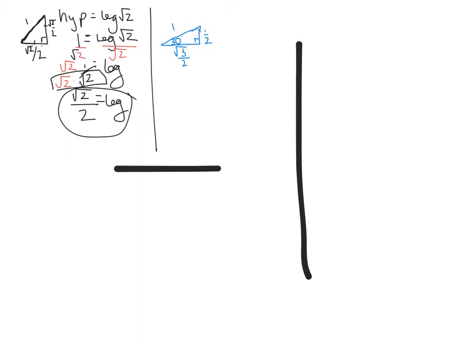So we've got our axis. We know our radius is 1. So that means that each of these is 1 unit away